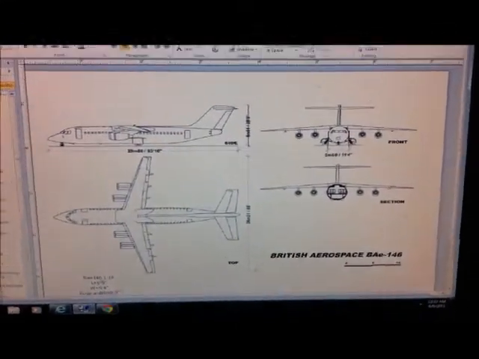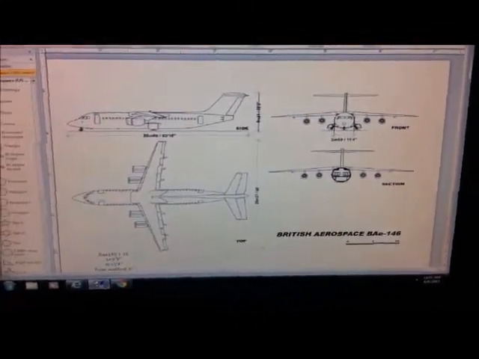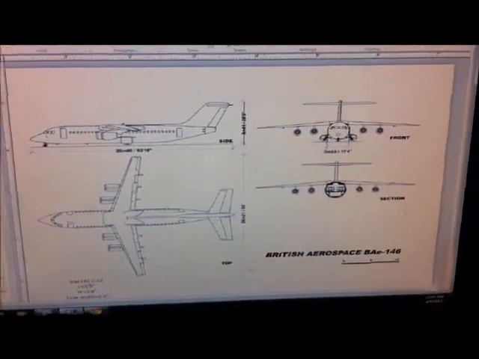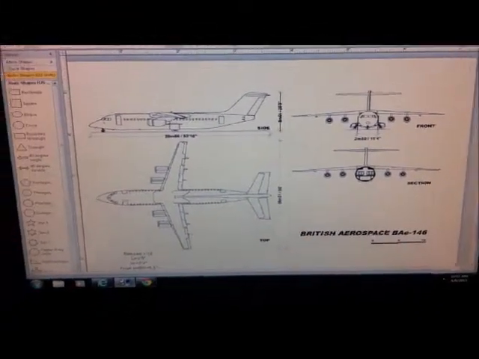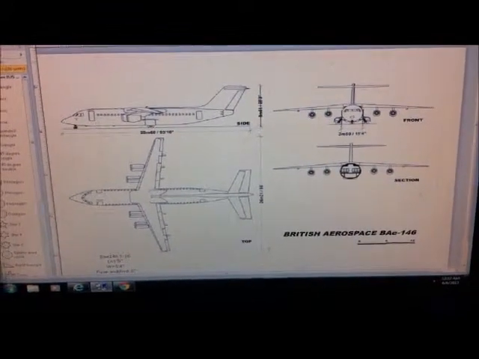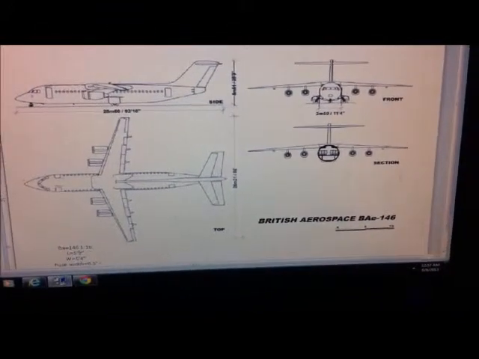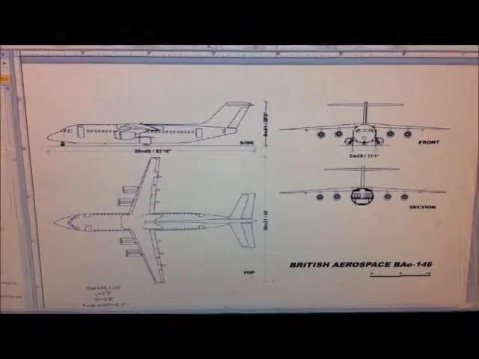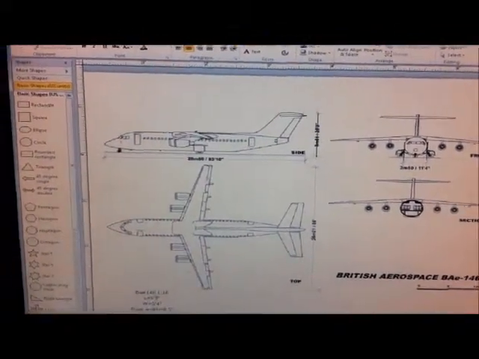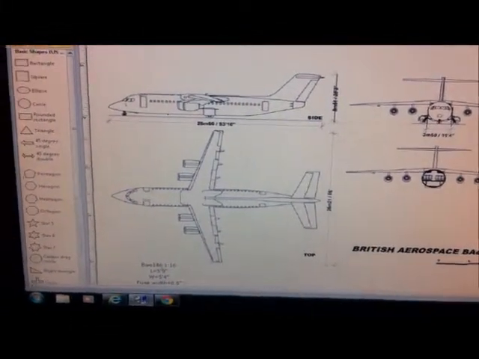Alright, as promised, here's the aircraft I've been working on for the last week and a half. It's the British Aerospace, known as the BAE-146, later known as the Avro RJ when I think it got sold to somebody else. Who knows? Anyways,